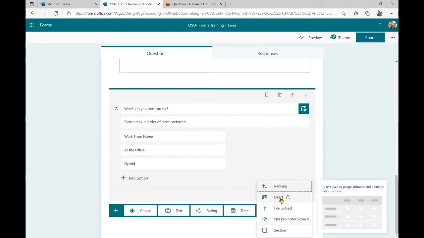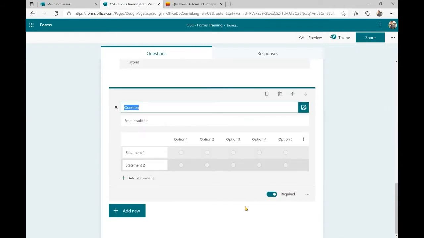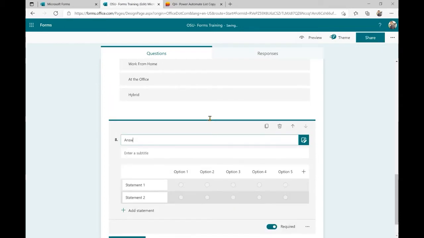So here we have a Likert. Now you've probably seen these before where it says, let's think of a question. Let's ask a question about productivity. So we can say, answer the following questions around productivity. It's just being a little delayed for me.